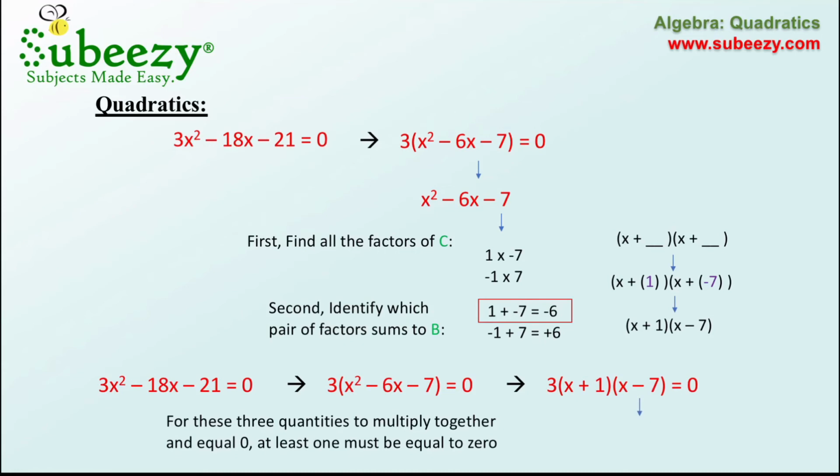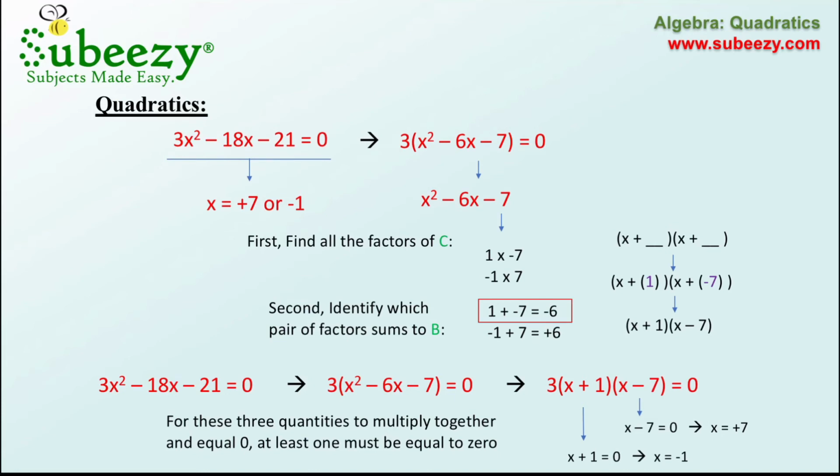X minus 7 can be equal to 0 when x is equal to positive 7. And x plus 1 can be equal to 0 when x is equal to negative 1. So for our original quadratic, 3x squared minus 18x minus 21 is equal to 0, the values of x that will make this true are x is equal to positive 7 or x is equal